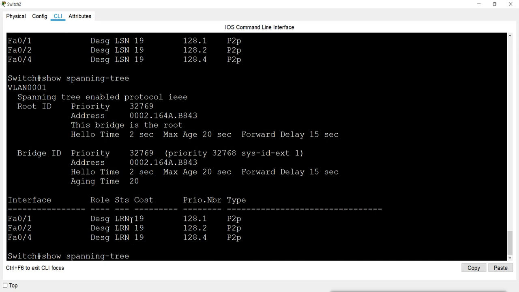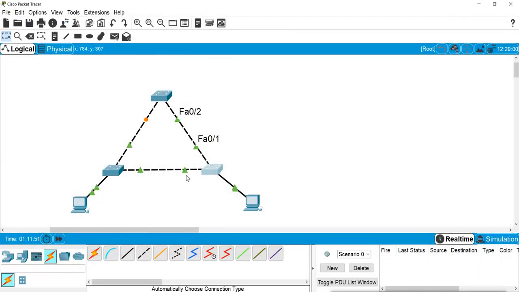Then after that they will decide which is the designated port, which is the root port and which is the blocking port, and now they are in forwarding state. In this switch we don't have any blocking port, we have a blocking port in this other switch.